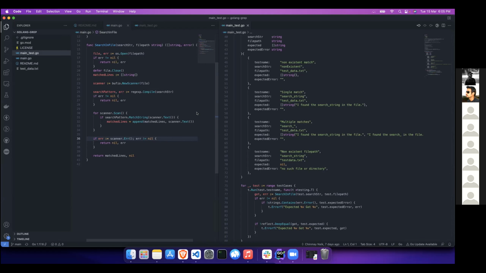I would also like to know, how do you test this standard input? Yeah, so I'll send out a link. So typically